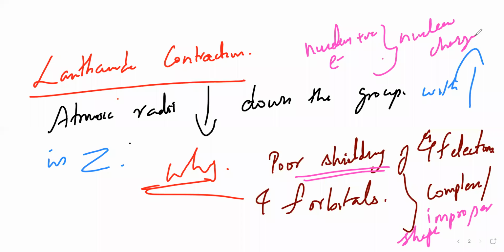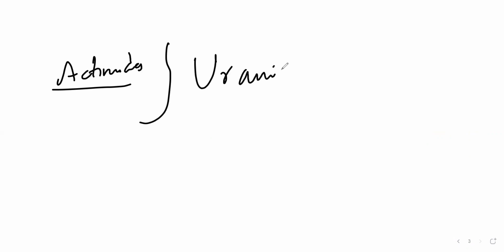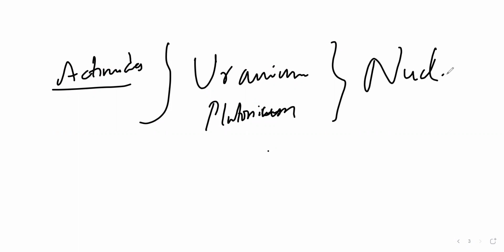And coming to the actinides, lanthanides, that is the important thing. Coming to the actinides, we all know one important thing, uranium. Correct? Uranium, plutonium. I think everyone knows plutonium, uranium. Sorry for my handwriting. What is it basically? It is a nuclear fuel, right? Yes or no? So that was 4f. Now this is 5f.